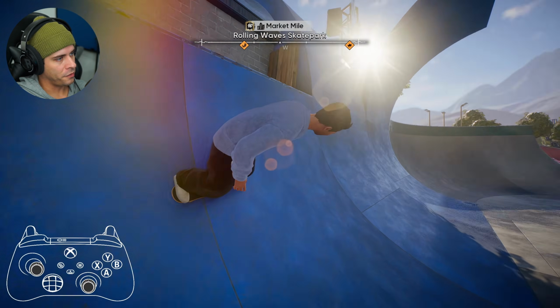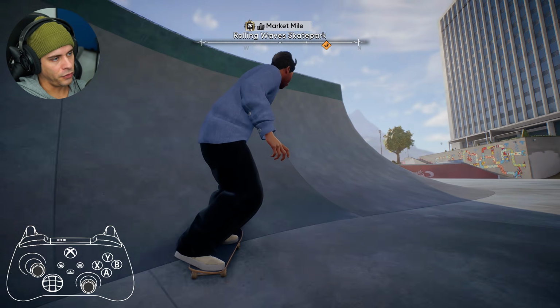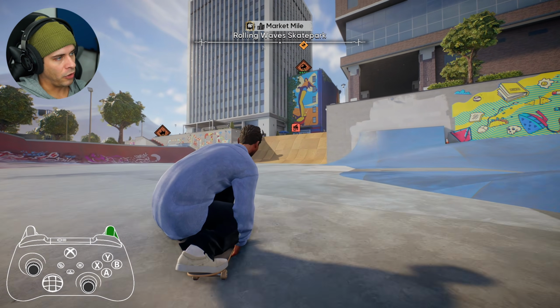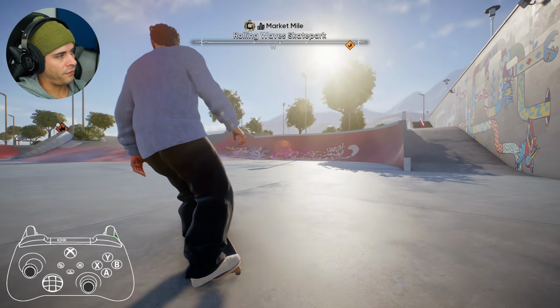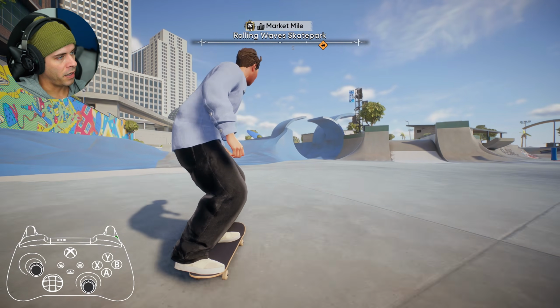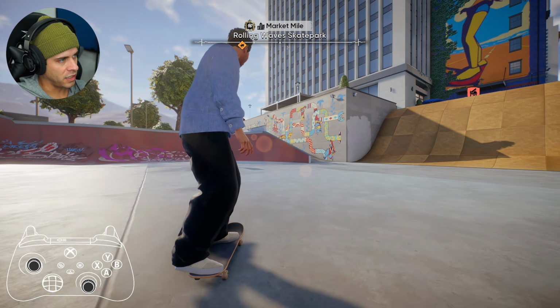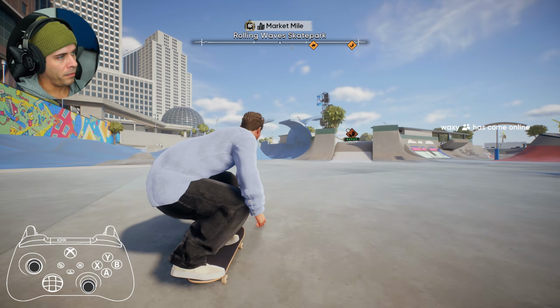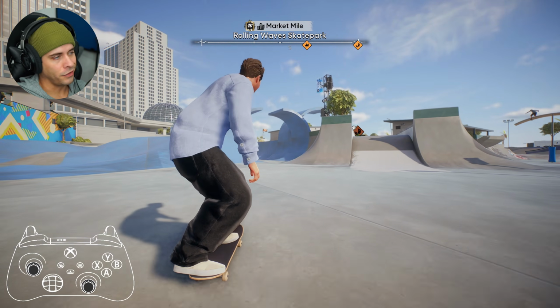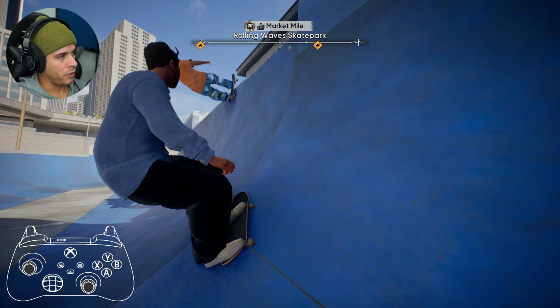So I could use my triggers, but I don't like the triggers because when I use them too hard, he'll bend down and grab the board. I don't like the animation of it because he bends down too far. You could feather the triggers and make it not bend down all the way. But I find if you use the left stick to pump, he bends down nice and smooth and he never goes all the way to the ground. So when you have forward to pump, it actually gives your trigger a new animation too, which is kind of sick. I like to use a little bit of both depending on how busy my controller feels at the time